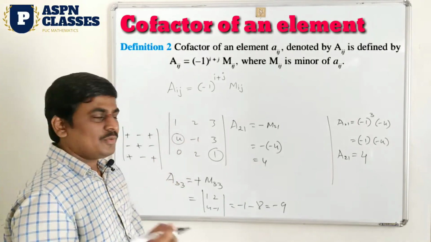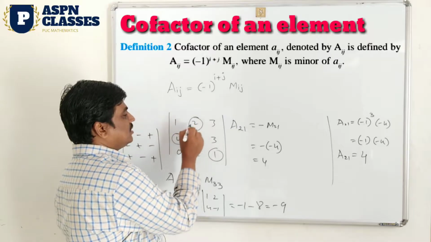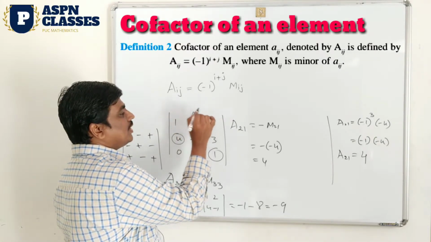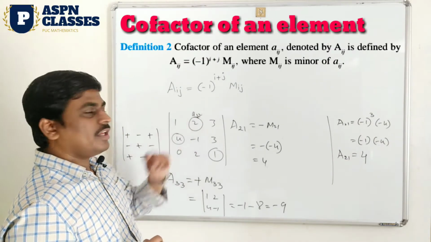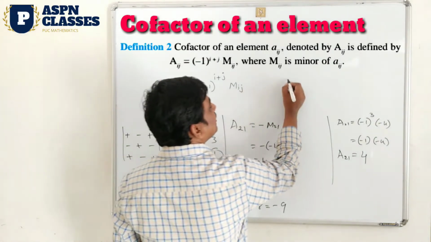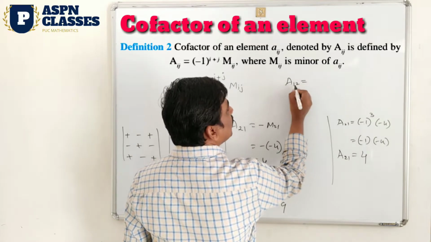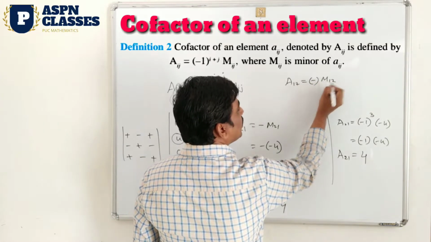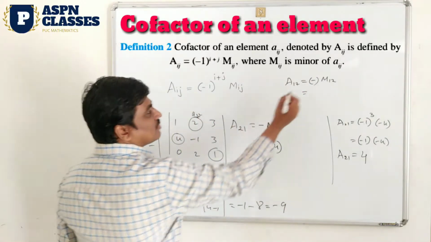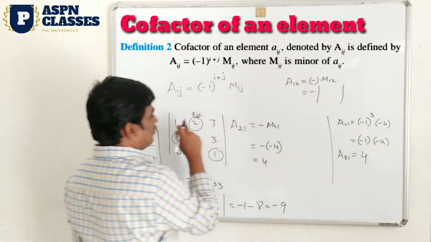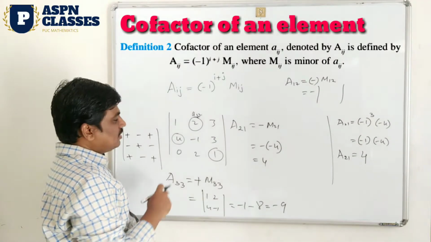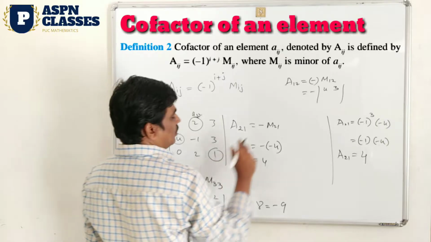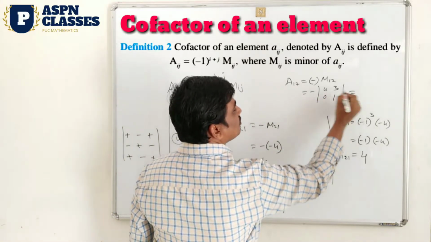Again, one more example I am going to solve here. This is the A12 element. So what is the cofactor of A12? Write it here: A12, 1 plus 2 is 3, which means minus sign. Okay, M12 you have to find out. The minor factor answer: first write the minus sign, and as it is the first row, second column, it gets cancelled. So what is remaining here? 4 3 0 1. Now simplify.